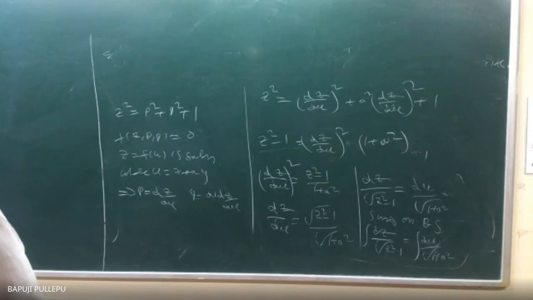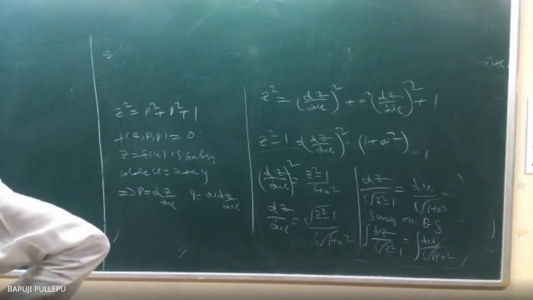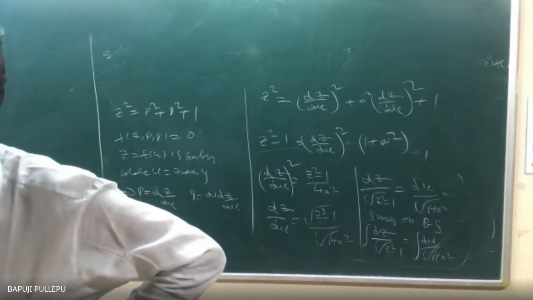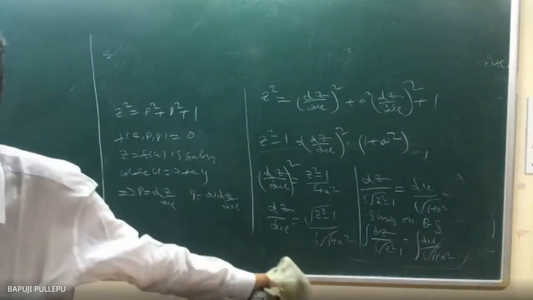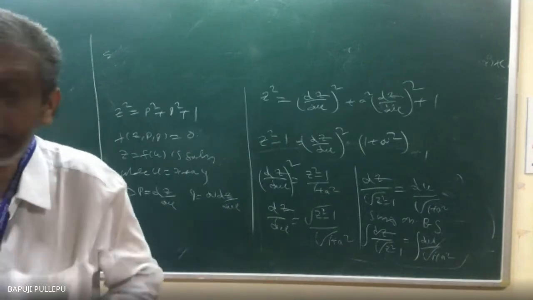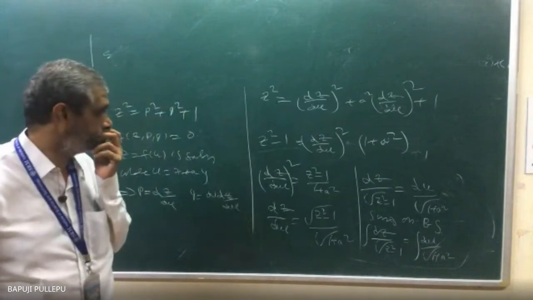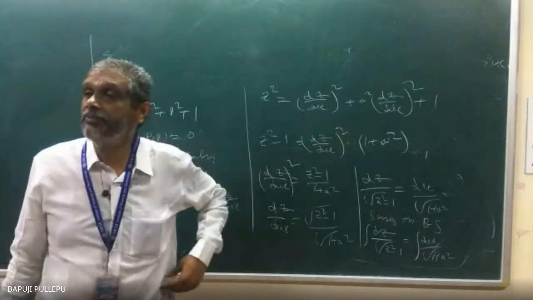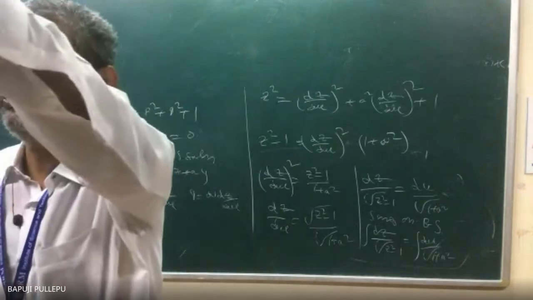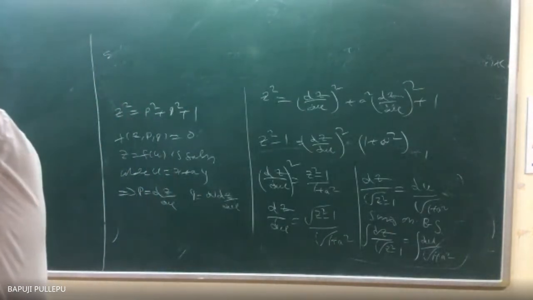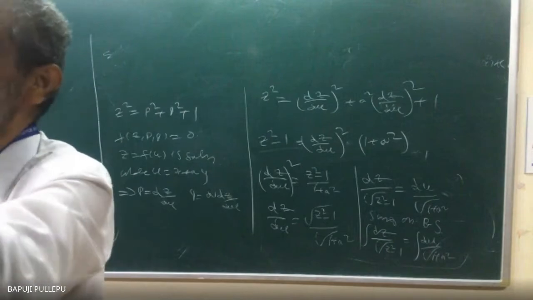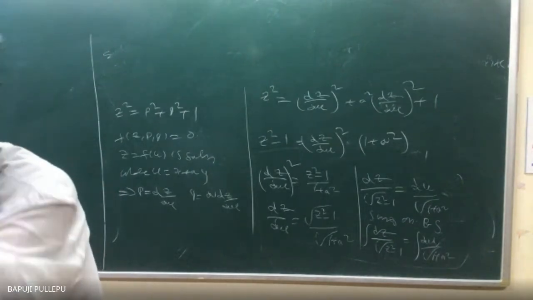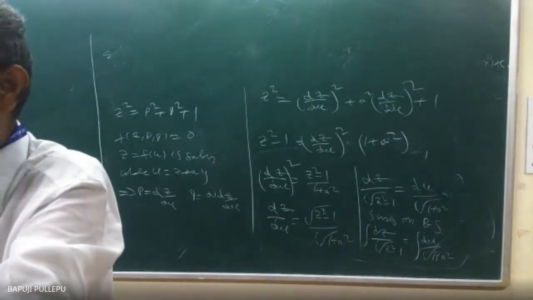Cos h inverse x formula is what? Log of x plus root of x square minus a square. The same formula you will write at plus 2 level: log of x plus root of x square minus a square. But you can write cos h inverse x by a. Now in higher standard, this is nothing but x by 2 into the same root of x square minus a square, minus a square by 2 into cos h inverse x by a. For the plus version, it is plus a square by 2, and for minus it is minus a square by 2. That formula will come. Correct or not?